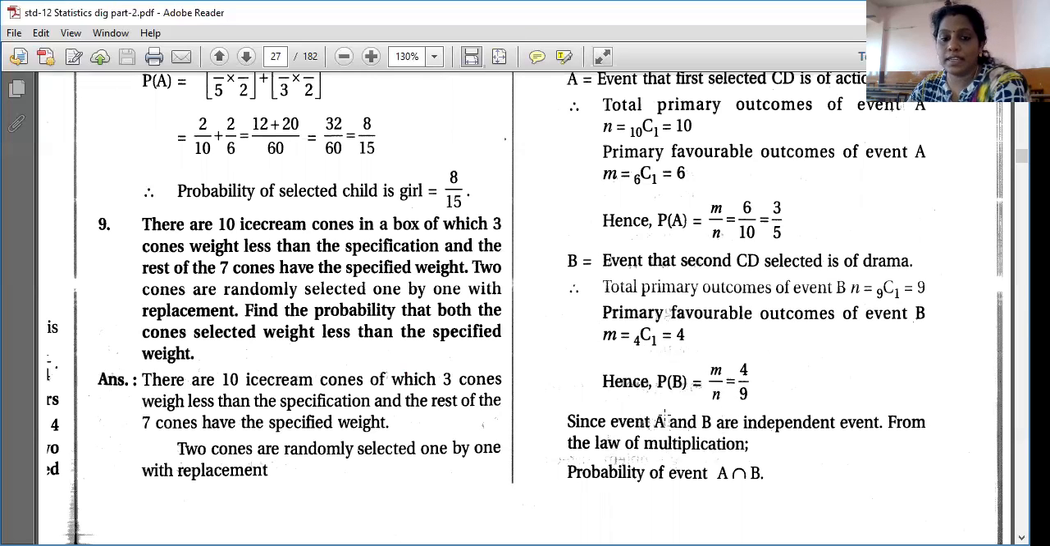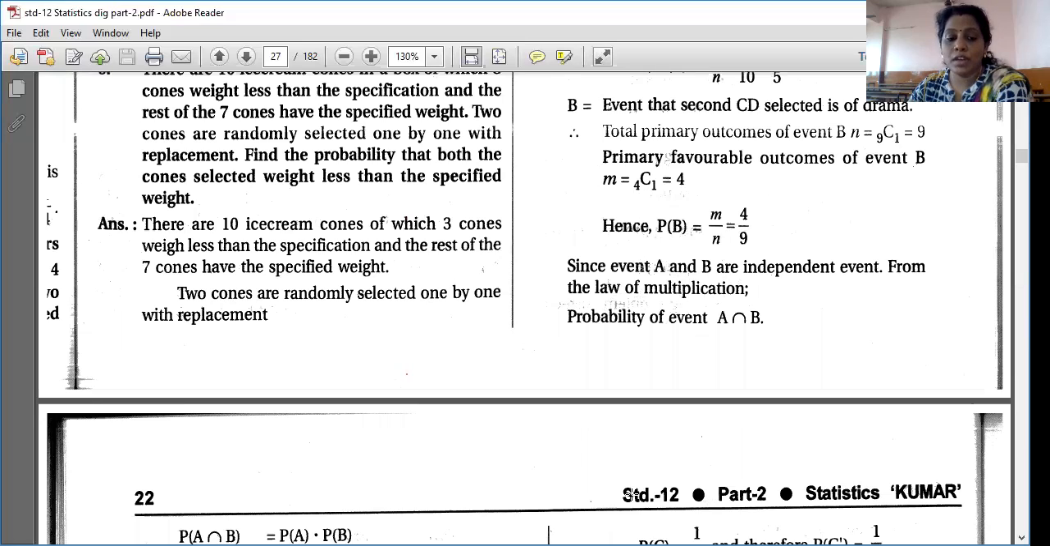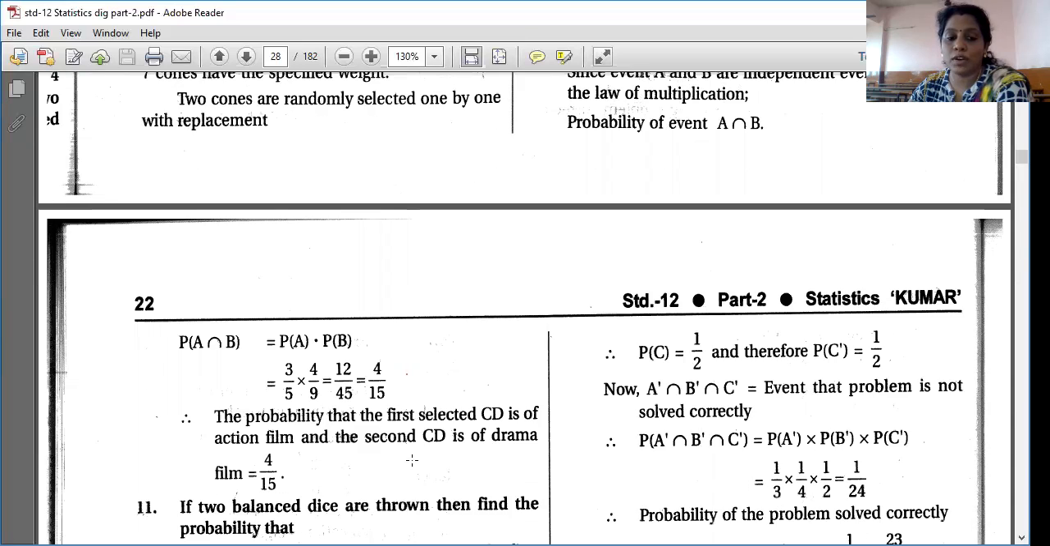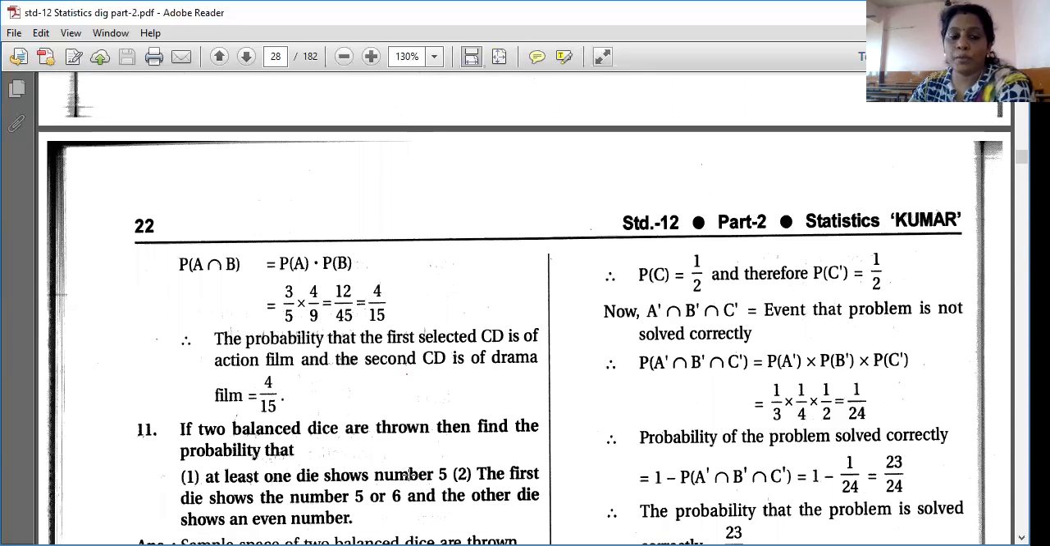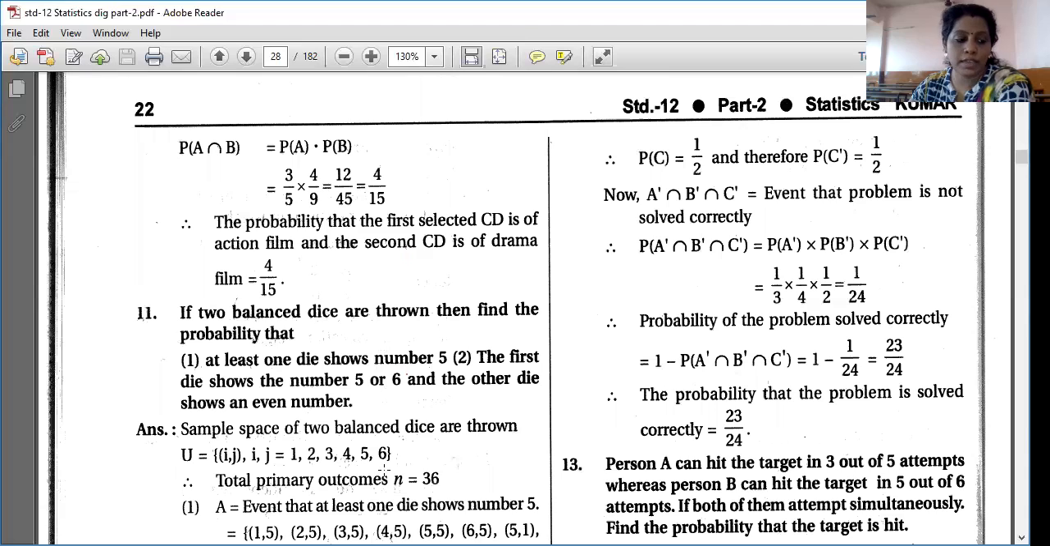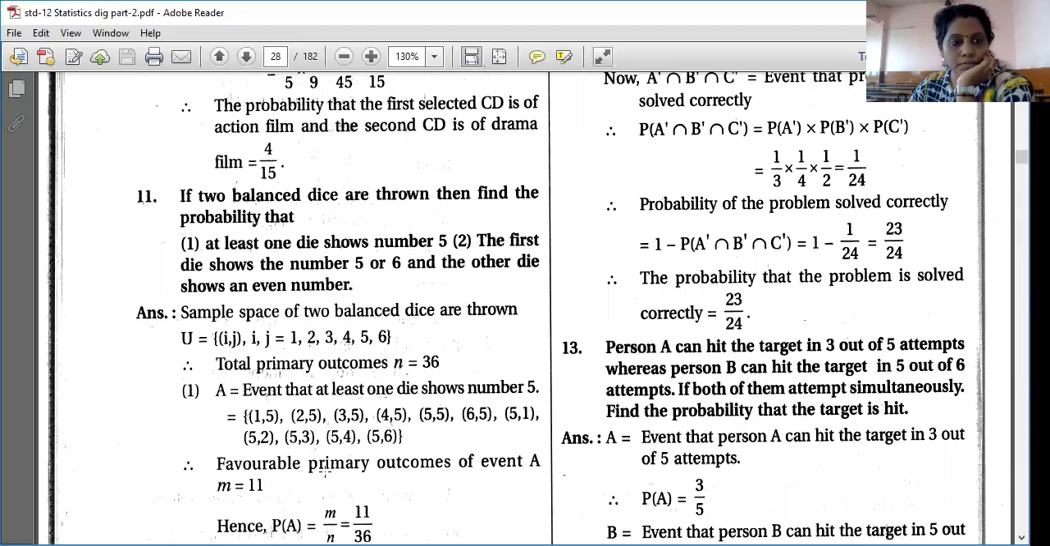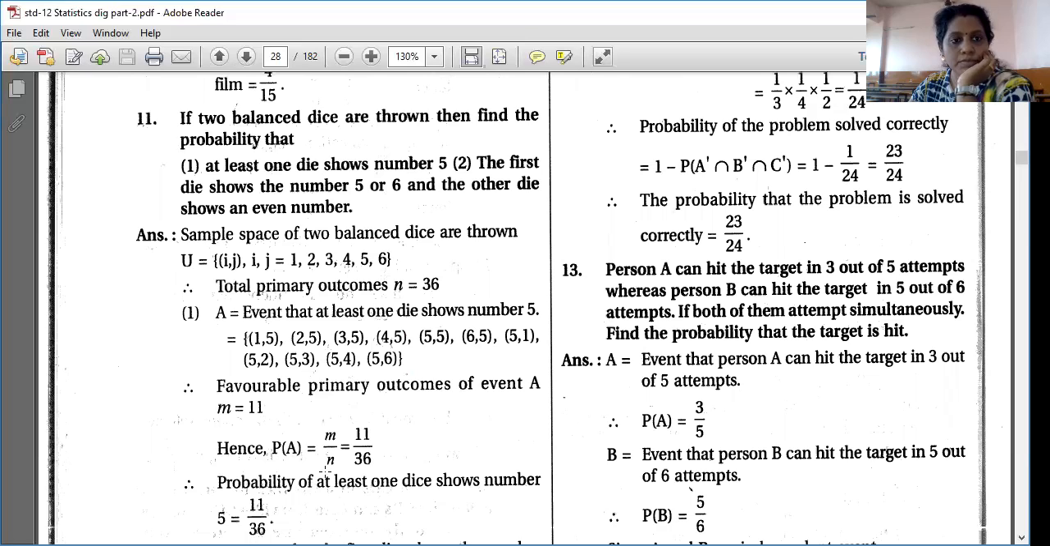Now, events A and B are independent events, so from the law of multiplication, probability of event A intersection B equal to P of A into P of B, that is 3/5 into 4/9, that comes to 12/45. So reduced to 4/15, right? So here it is 4/15. Now next,